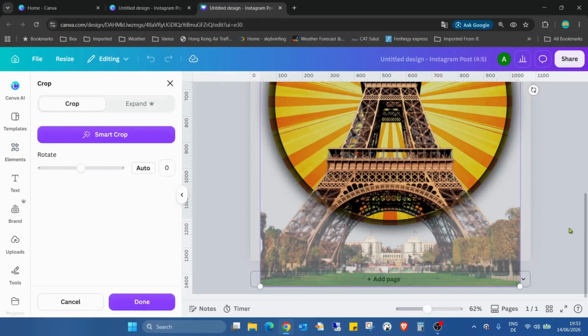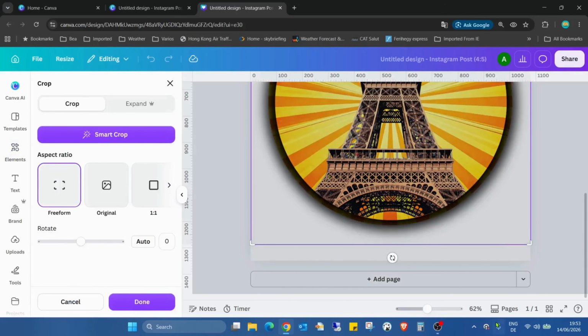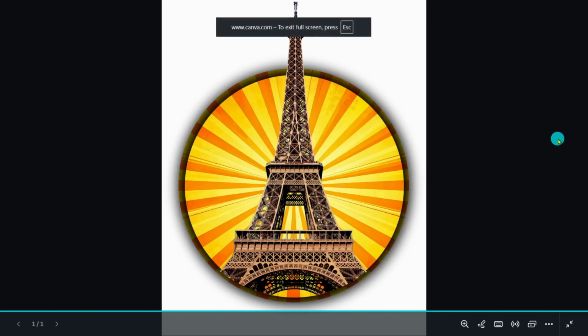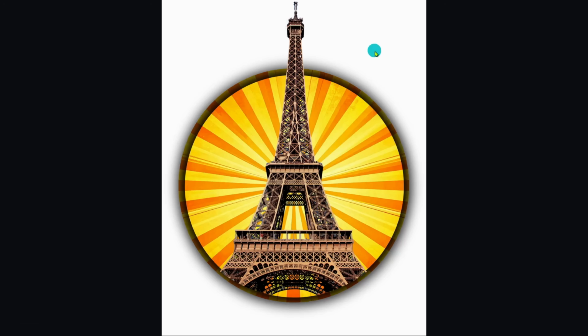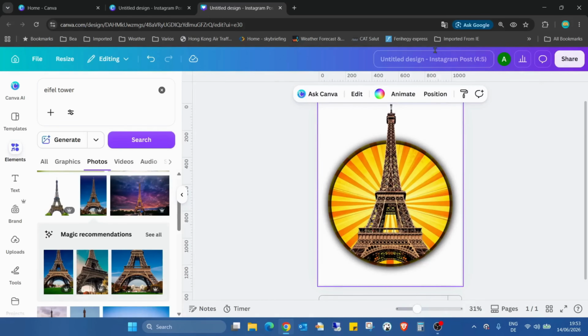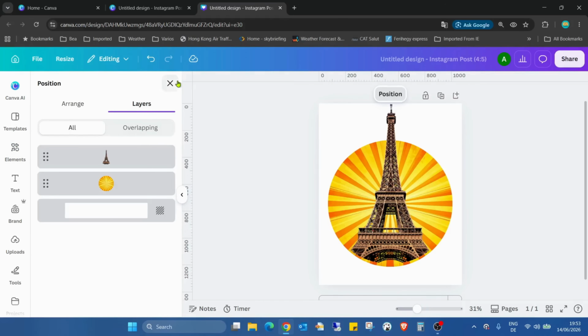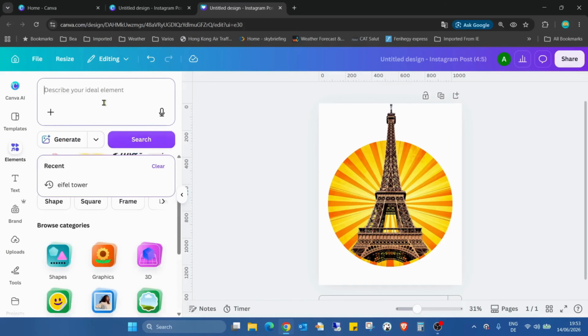Just like this. And now we have the same effect here. I just see this shadow is maybe not the perfect one. So position, shadow, this one is not the best one. Maybe we need a better